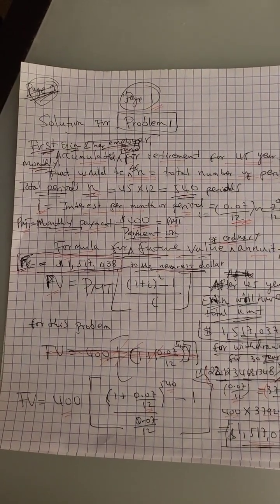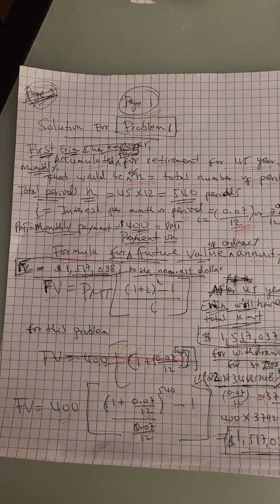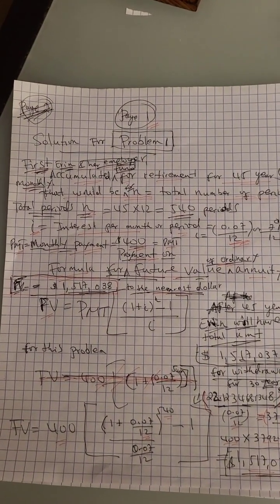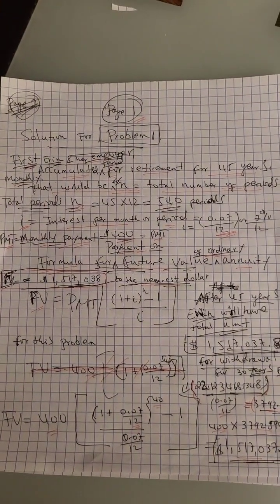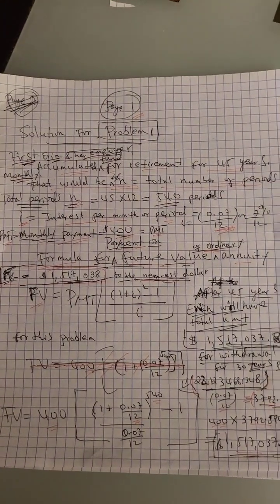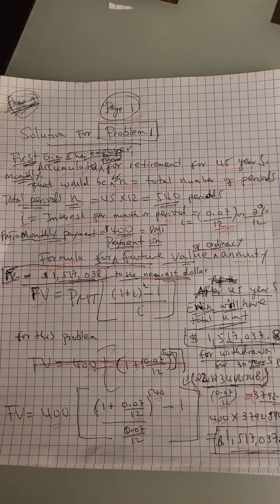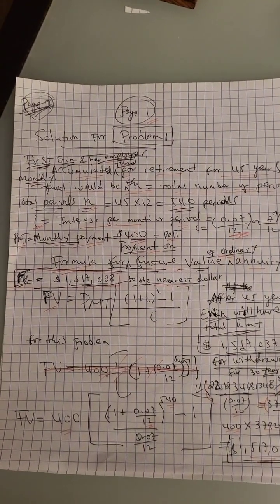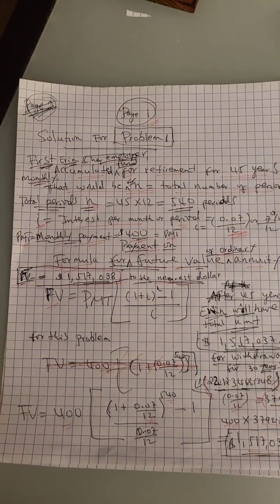That means she will have, after 45 years, the amount she will withdraw for the next 30 years of her retirement period. So the formula for the future value, that she has already accumulated for 45 years, will be